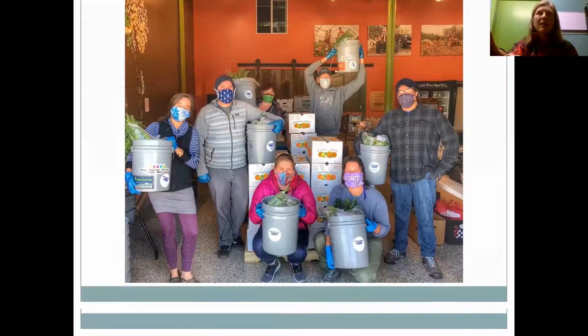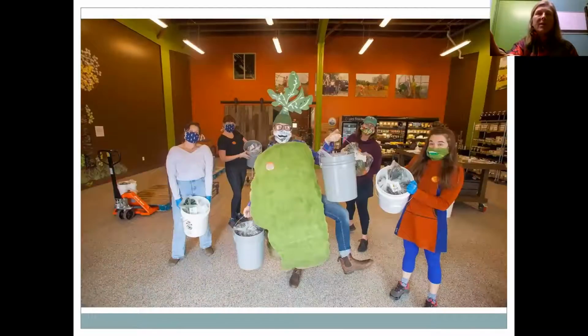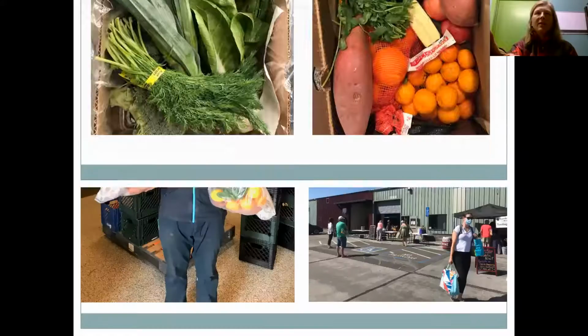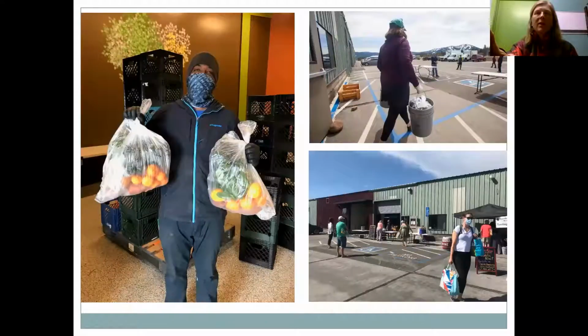Next slide. Lots of volunteers coming out to support us. You know, had to keep it fun. This is our mascot, the Hubster. That's our logo, which is Lake Tahoe turned into a vegetable. And every now and then we got to put on the costume and keep it light. Next slide. Next slide. Just pictures of the harvest boxes.